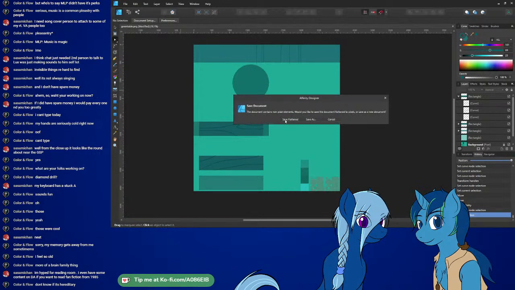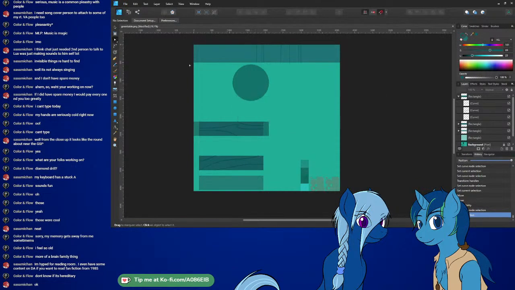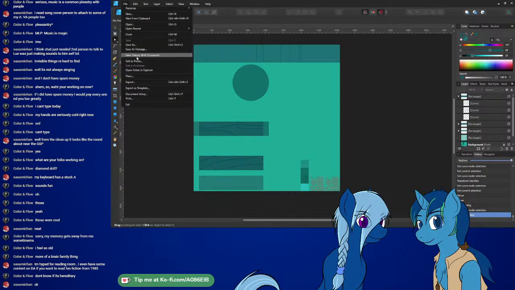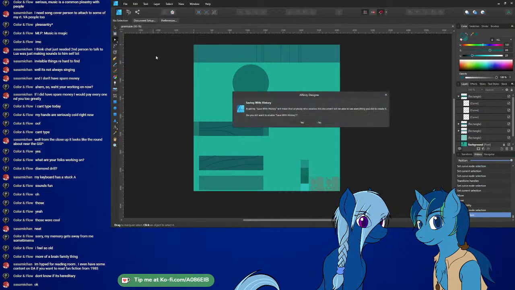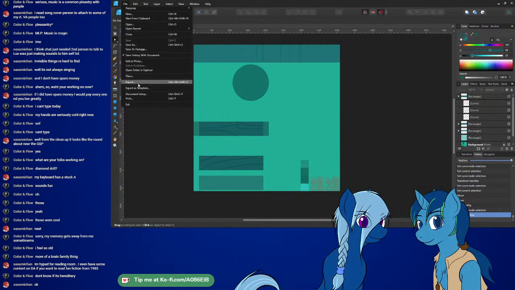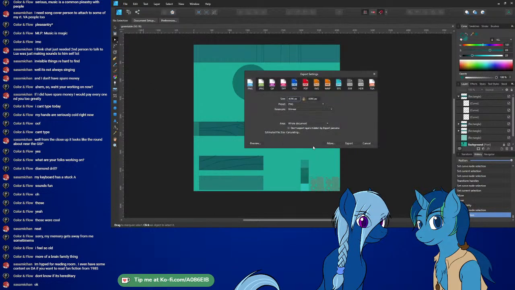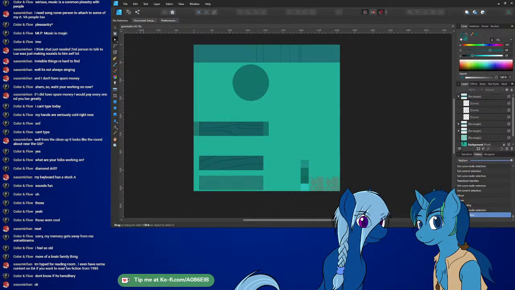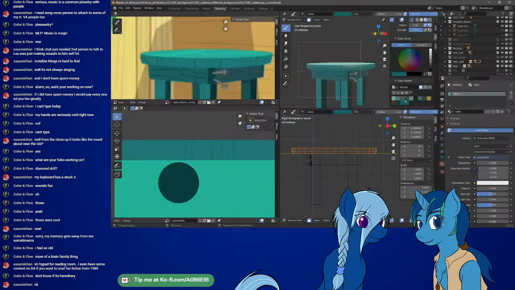So I'm gonna cancel. Let's file save as. Go down here and green table. That's a good name for it. Save that, and now we want to go export. Oh, also I want to save the history with this file. And export. Excuse me, ping's correct. Hit that. Save it as green table. Save over. Then we can go into Blender